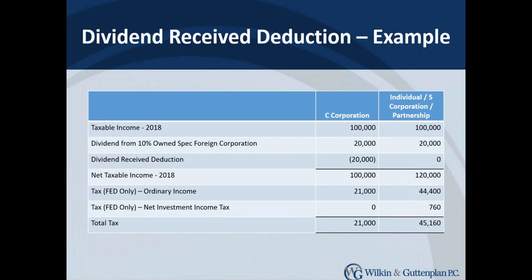Now, some of you may be thinking, well, that's not really a fair comparison, because to get the money out of the C corporation, I have to incur another level of tax, which is the main reason why we tend not to use C corporations in the closely held environment. And that's 100% correct. I just left it this way to illustrate the difference in the $20,000, how that deduction is not available in the non-C corp holding environment.